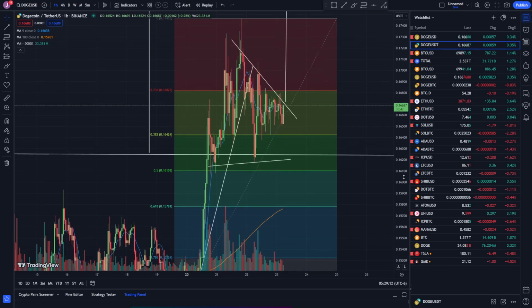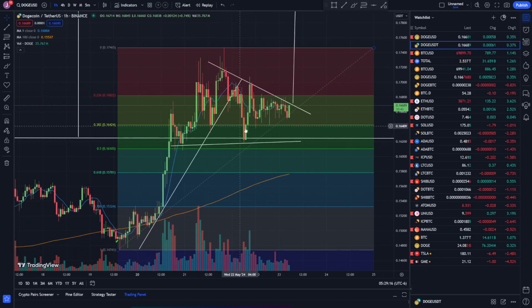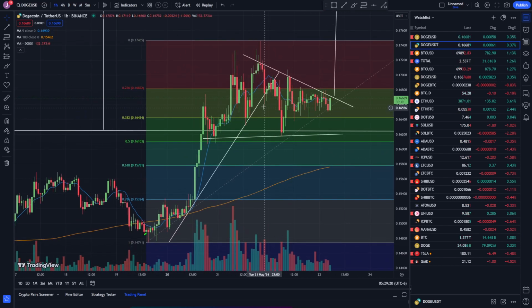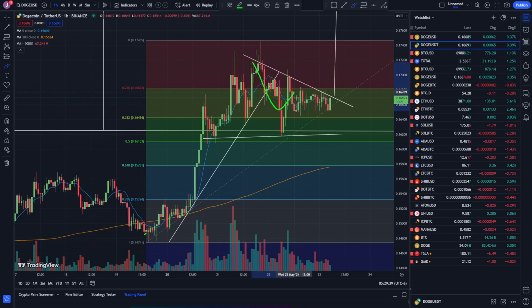We actually hit this target because yesterday it was a target. It was very close to the target, but it was still a target. We hadn't come down yet. I think, yeah, because we had this trend line going up and then we broke it. And I was saying the 38% level sitting at 0.16424 approximately came down, hit that target, and got a bounce to the upside. Then we started forming this resistance, and ever since then we've basically been going sideways,